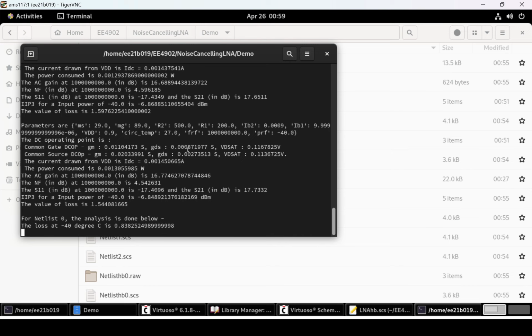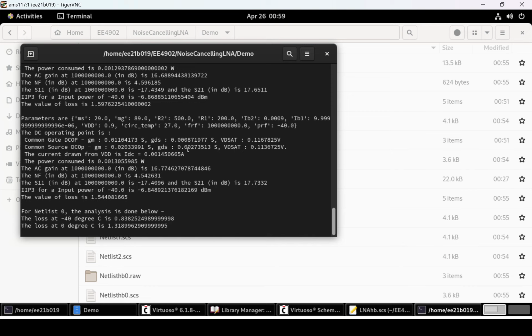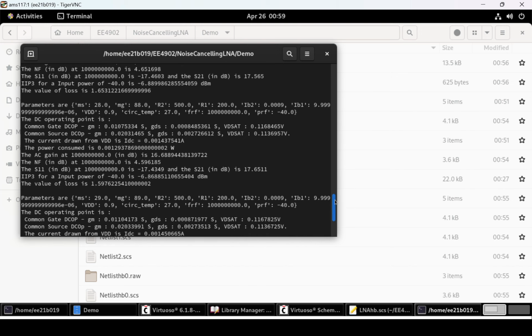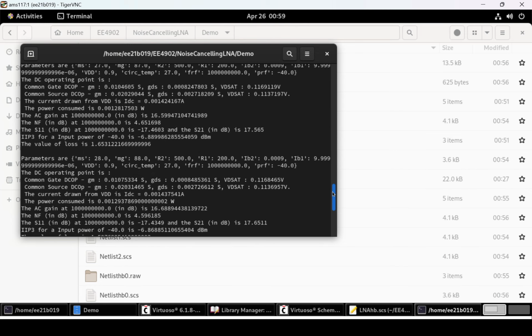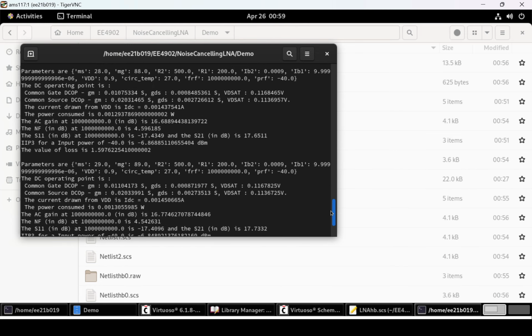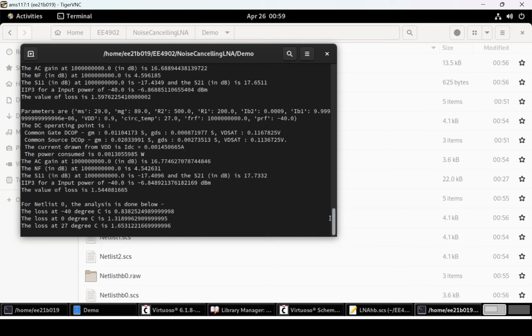So now the temperature analysis is being performed. Temperature analysis is done at 4 different temperatures: minus 40 degrees centigrade, 0 degrees centigrade, 27 degrees centigrade, and 100 degrees centigrade. And since I told 3 best netlists, the 3 best netlists have a loss value of 1.653, 1.597, and 1.544. And as you can see, the